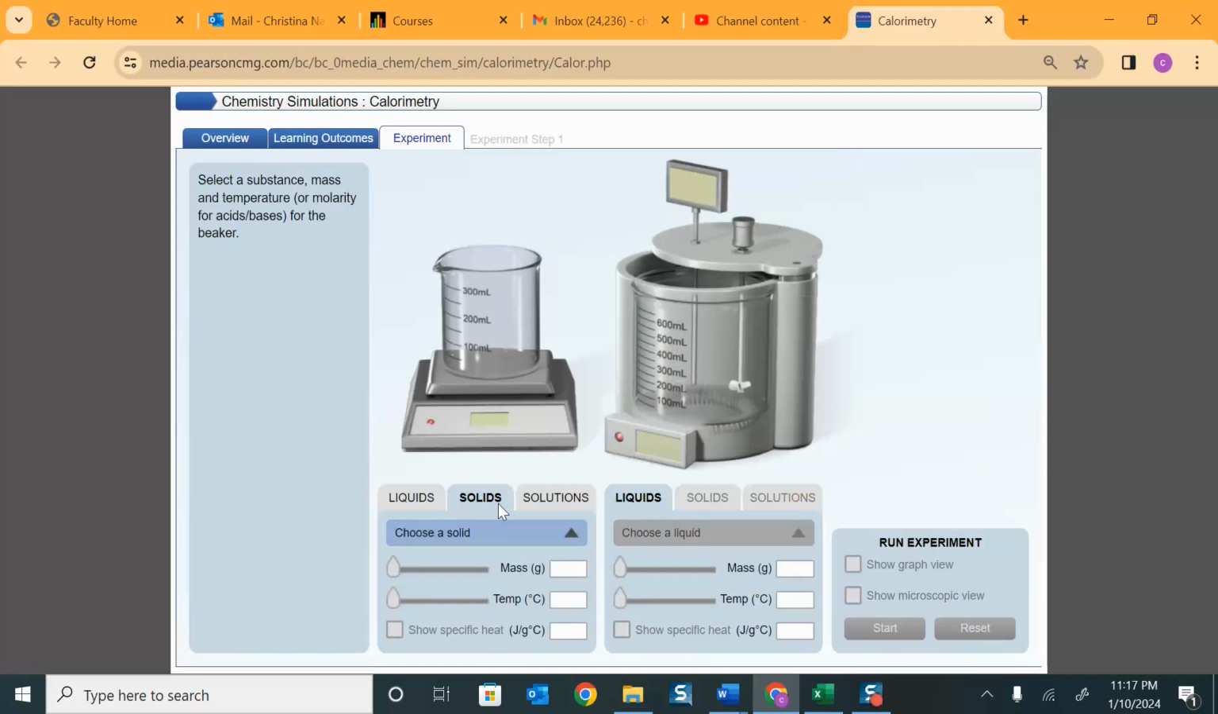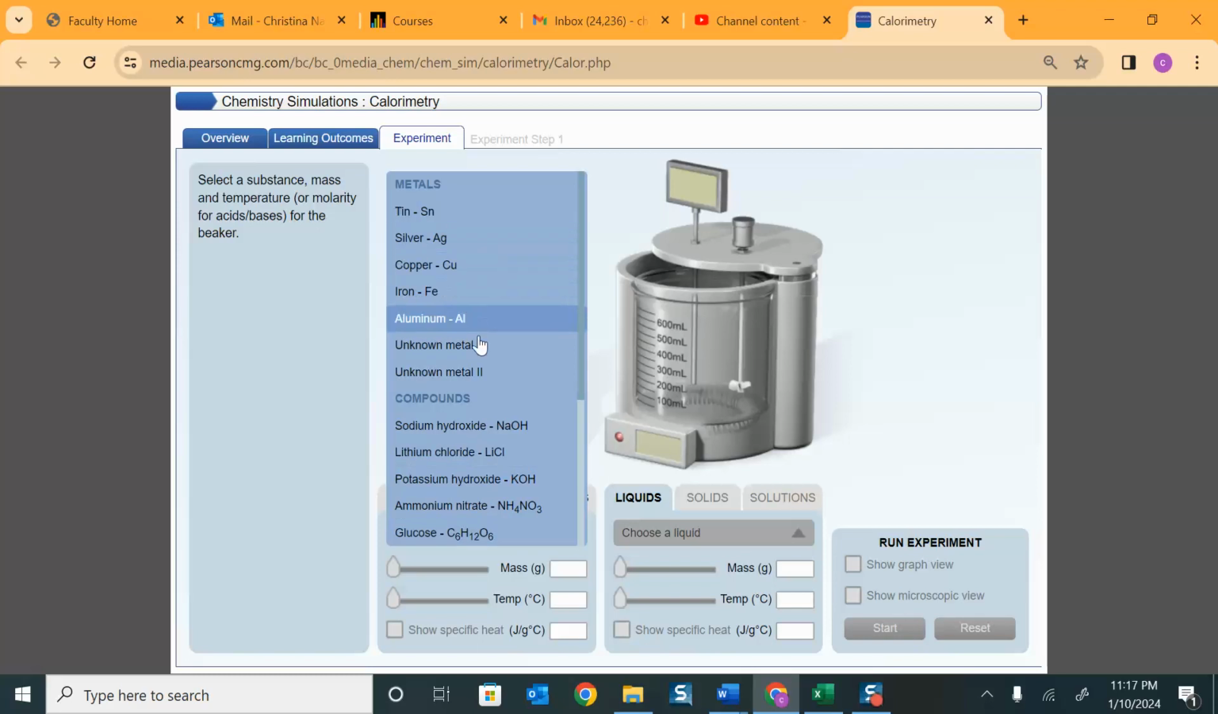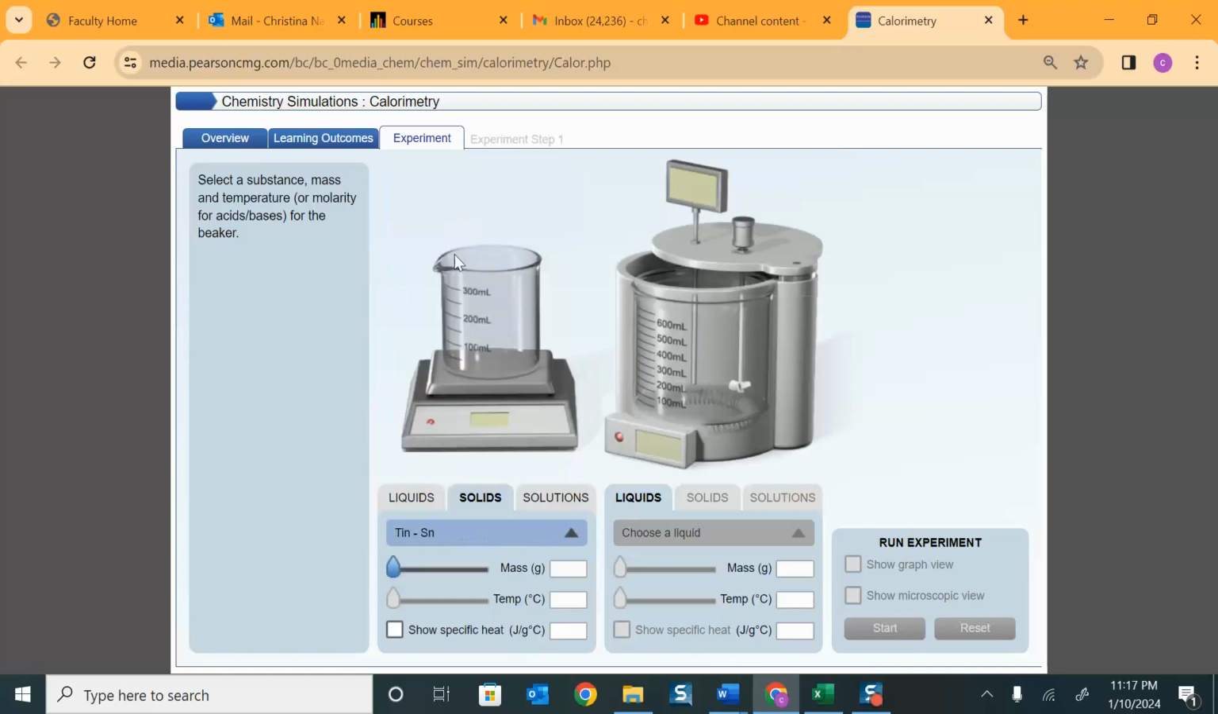When we're choosing a solid, if you look at a list of all these solids, we have unknown metal 1, unknown metal 2. Since I asked you to do those in the lab, I'm not going to do that one now. We'll pick a different one. Let's pretend that we don't know that that's tin. I'm going to show you how you would determine what the metal is. So I'm going to set this to 10, as close to 10 as I can,